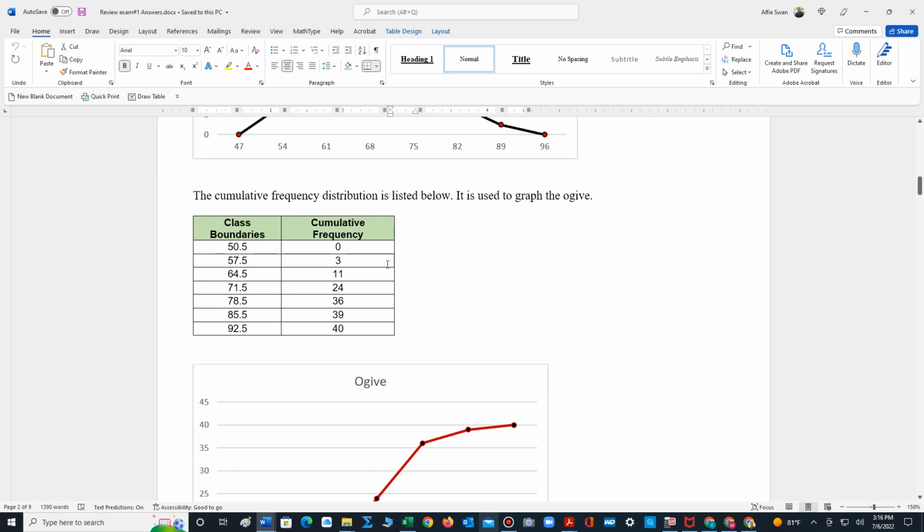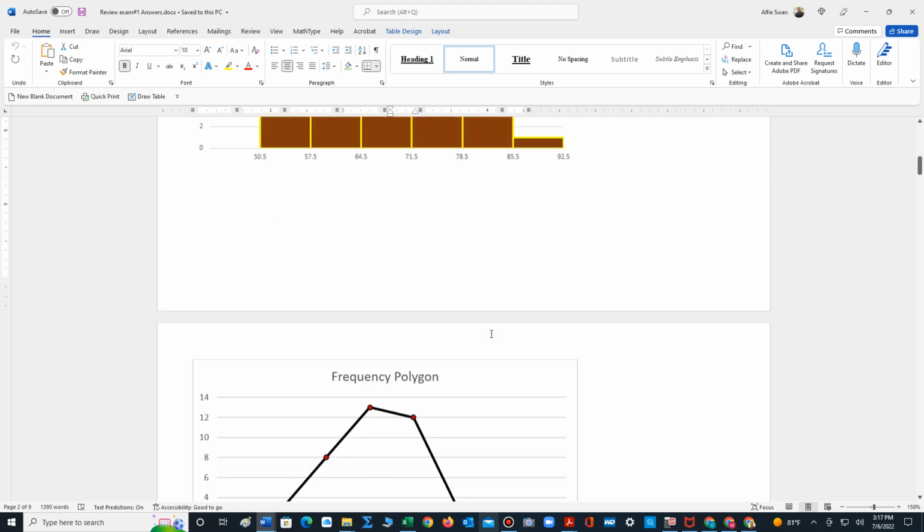Next, we have to construct a cumulative frequency. To do this, we list all the class boundary limits in the first column, and then to find our cumulative frequencies, well, we ask ourselves, what's the sum of all the frequencies that precede this first limit? There are no frequencies that precede the first lower class boundary limit, so we start with 0, and this is true for all cumulative frequencies. We next